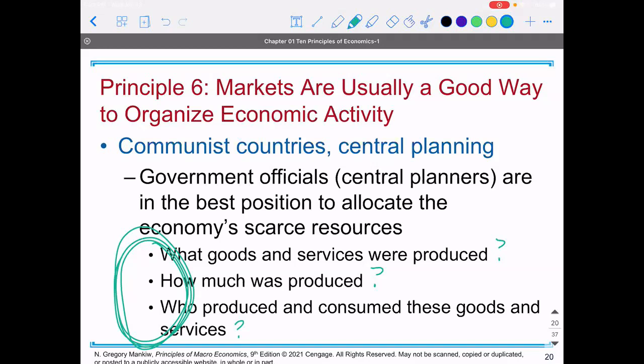And what's nice about a market is that no one is heavy-handed about this. No one is telling us what to consume or what not to consume. No one is saying what the price has to be or shouldn't be. And I don't have to feel like it's unfair when it's decided who gets the item. So